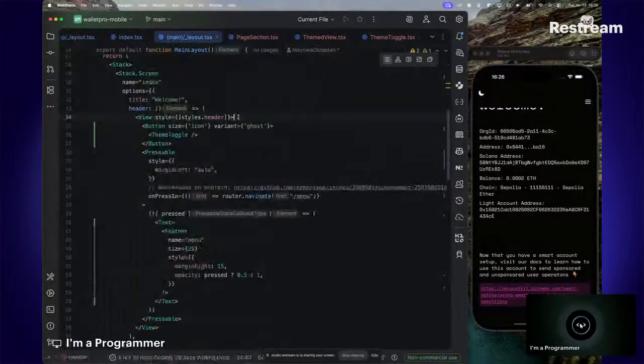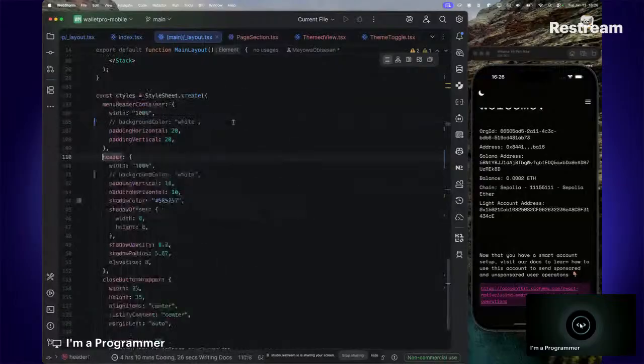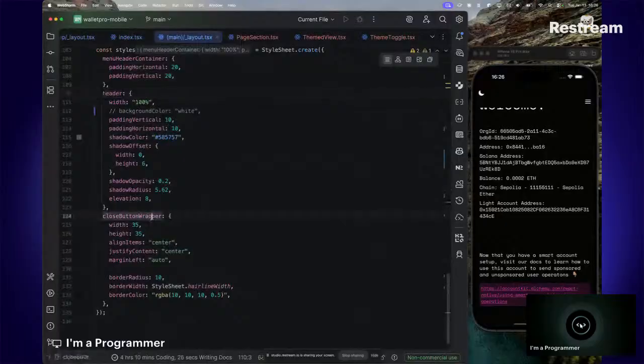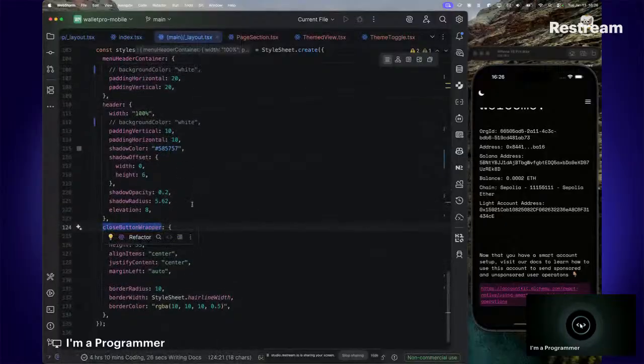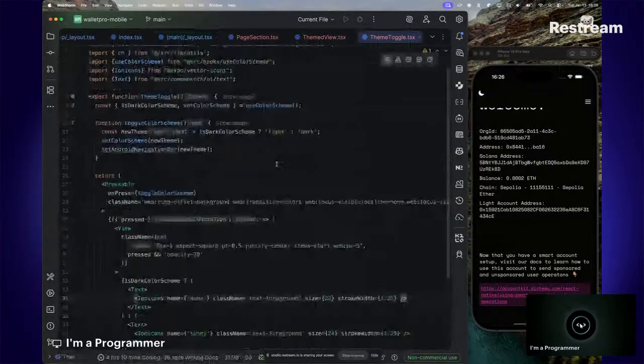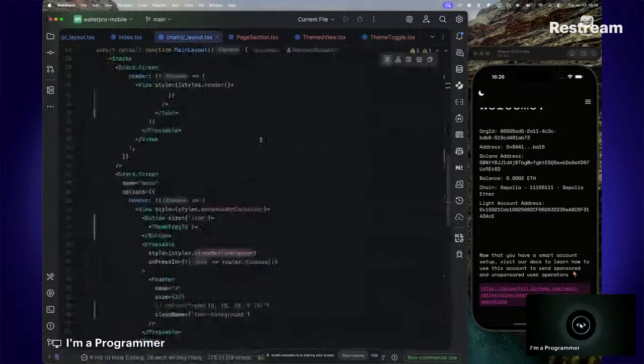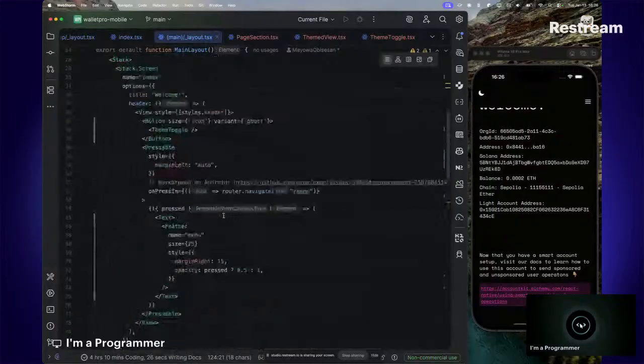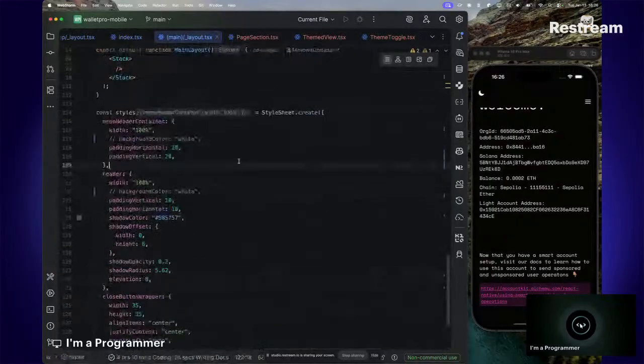So two more things we need to do. I need this to align together. I want them to stay on the same path. So I don't want the close button wrapper here to just align wherever. I want that to happen within the header, and well, that makes sense. I don't really have a problem with it. But what I'm going to do here is create another style right here, and I'm going to call it